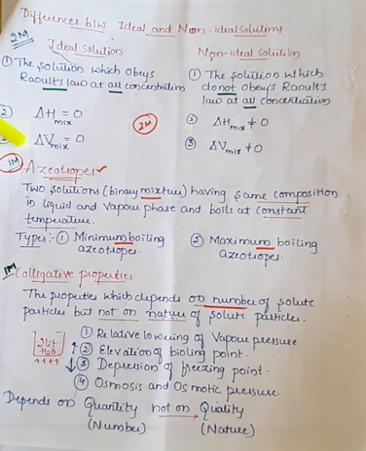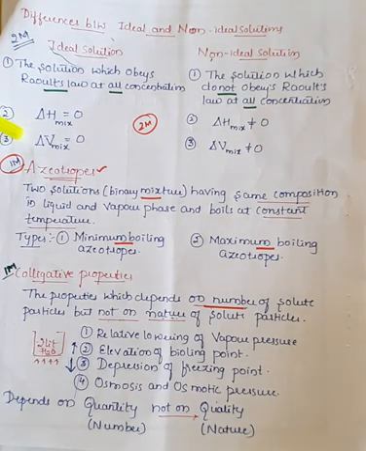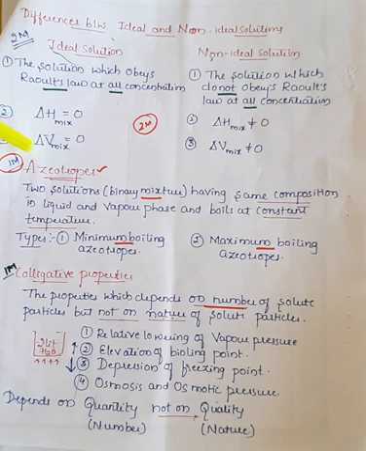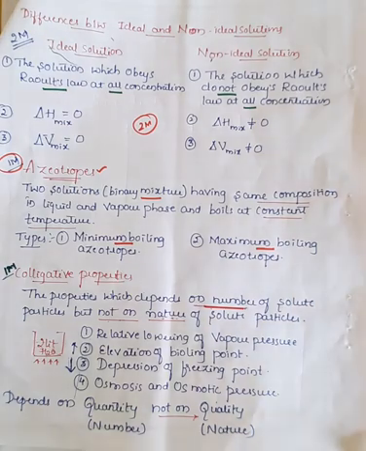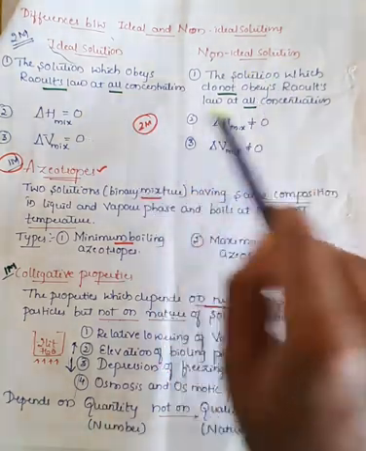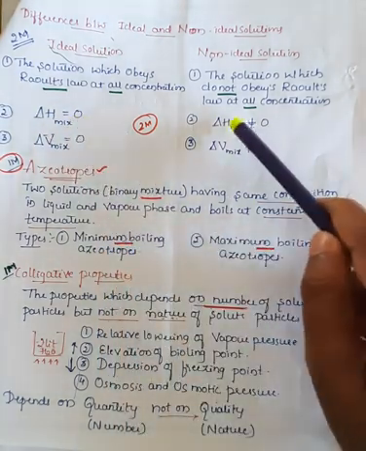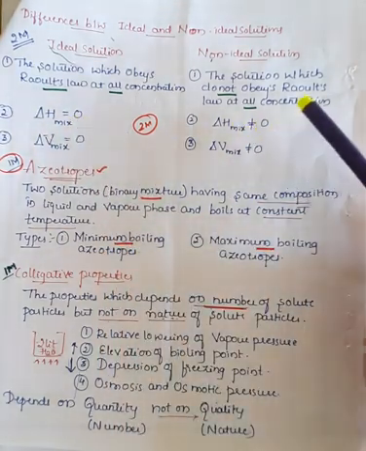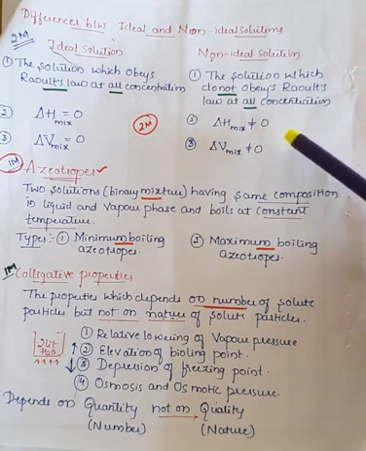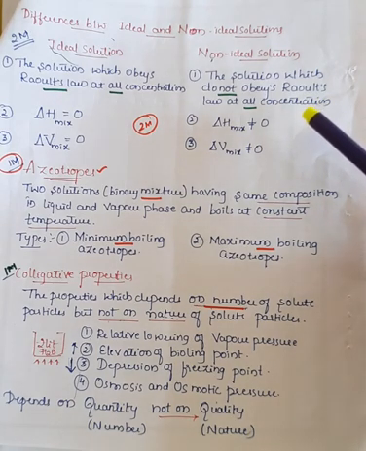And similarly, the volume during mixing also does not change. The change in the volume during mixing will not be changed if the solution is an ideal solution. Right? But in case of non-ideal, it is deadly opposite. Here delta H of mixing is 0. Here delta H of mixing is not equal to 0, which means whenever you take a container and add a solution, and then add another solution to that, what happens?